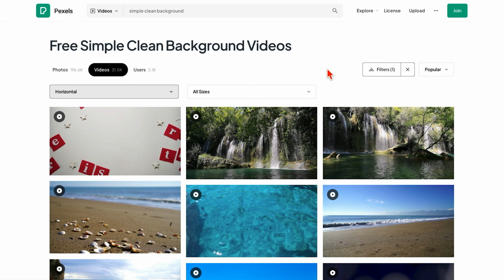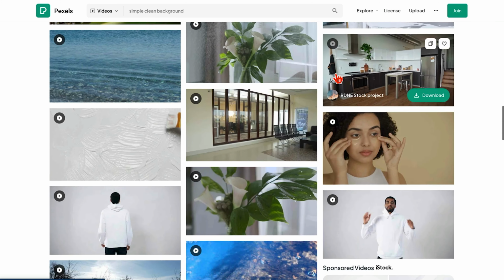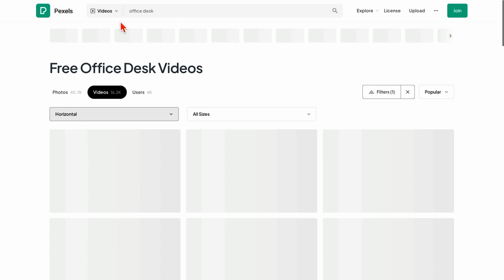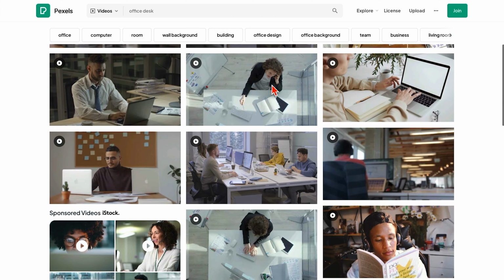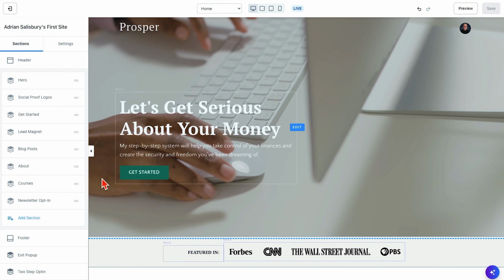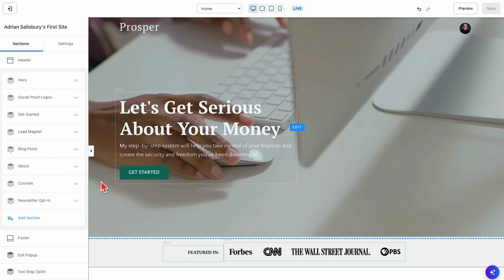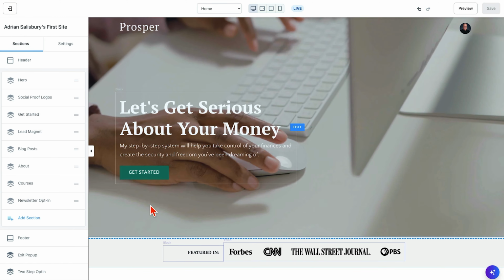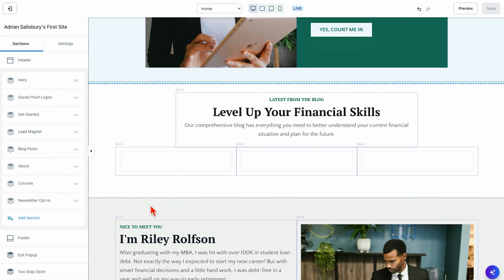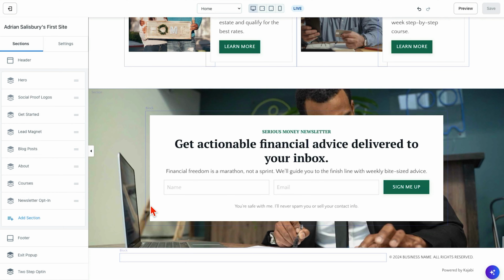pexels.com. You can head over there and have a look at these and just download any of these kind of office desk. I think I probably put something like this in. Okay, again, rather next level really. You're better to just get this thing built and have less rather than more to start with. You can always come back to this and play with it and build it up later on. But hopefully that's a